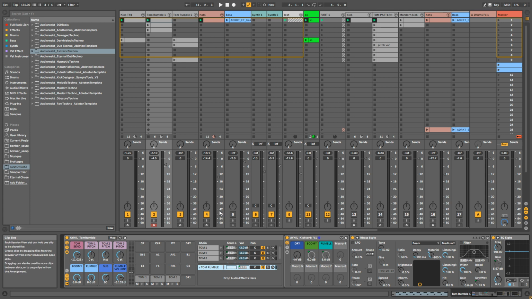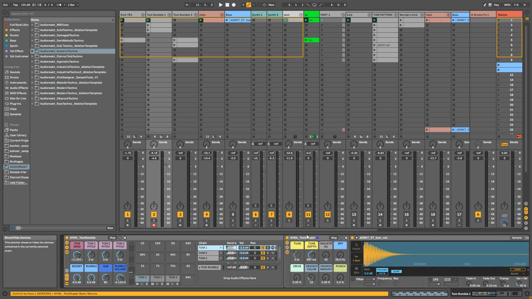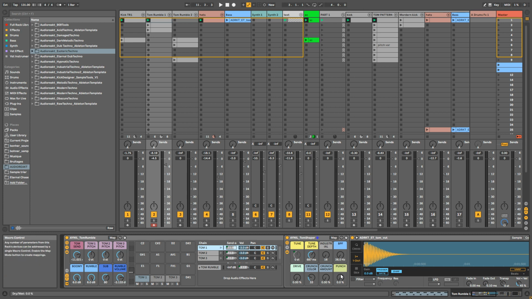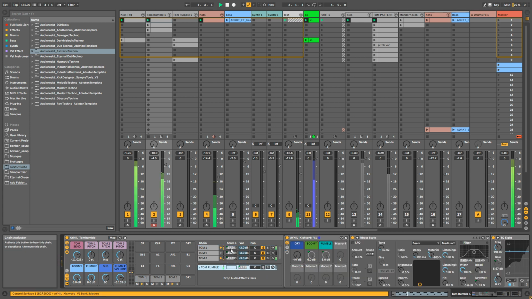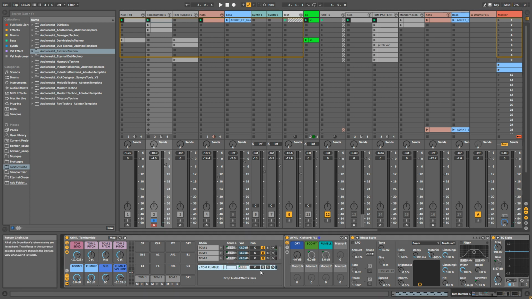So basically it's a drum rack and you've got a 3 chain where you can put your tom. If you haven't checked this rack video, I really recommend checking it. The link will be in the description and in the corner of the video right now. So basically, once you have your rack and your tom roll, you can send it to this return, and I use my kick verb rack,